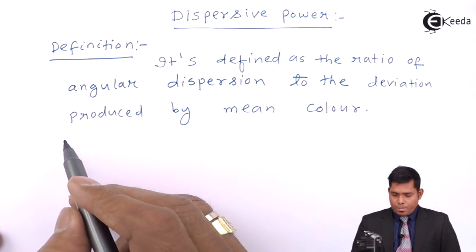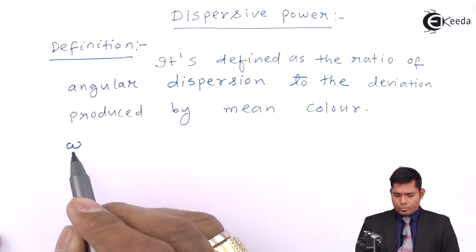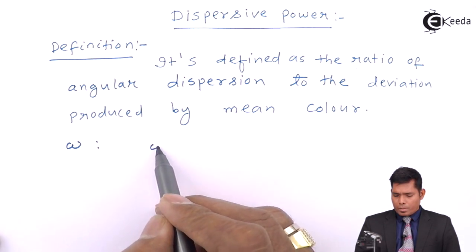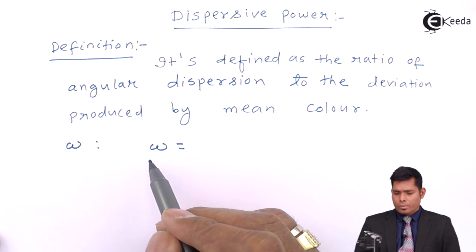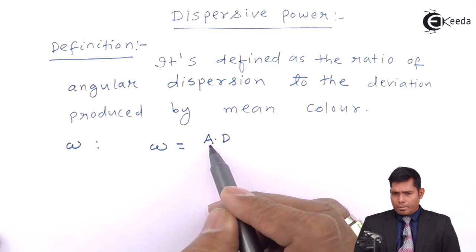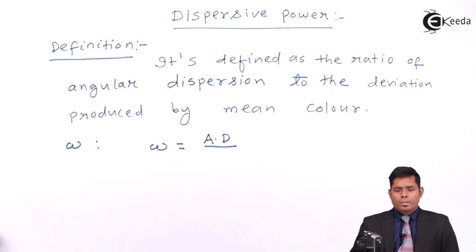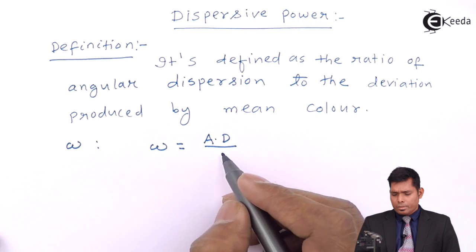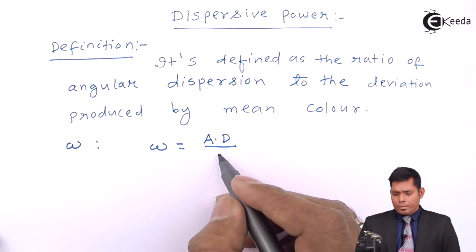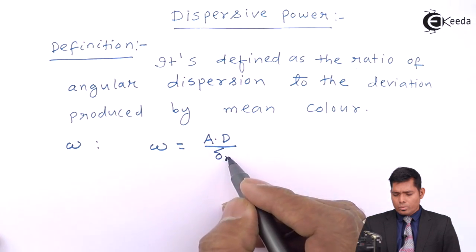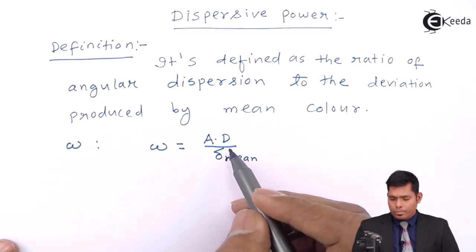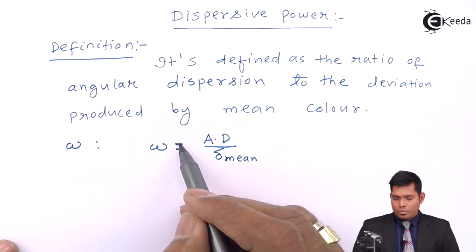So dispersive power, I'll use the symbol omega. Omega stands for dispersive power. So dispersive power is the ratio of angular dispersion divided by the deviation due to mean color. Now,